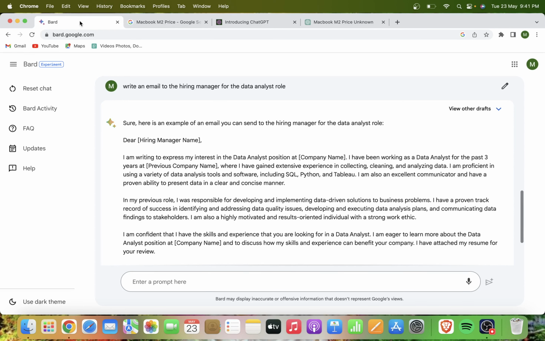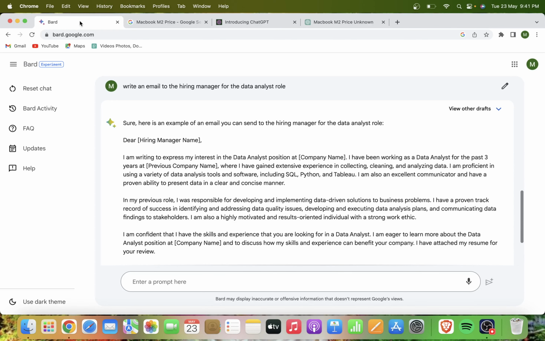Now when I come to the weaknesses, what are the weaknesses of these chatbots? ChatGPT's weakness lies in its limited access to information and its inability to access the real world. This means that ChatGPT may not be able to provide the most comprehensive or up-to-date answers to your questions. And Bard's weakness lies in its potential to sometimes generate inaccurate or misleading information, because a few days back it was not performing well.